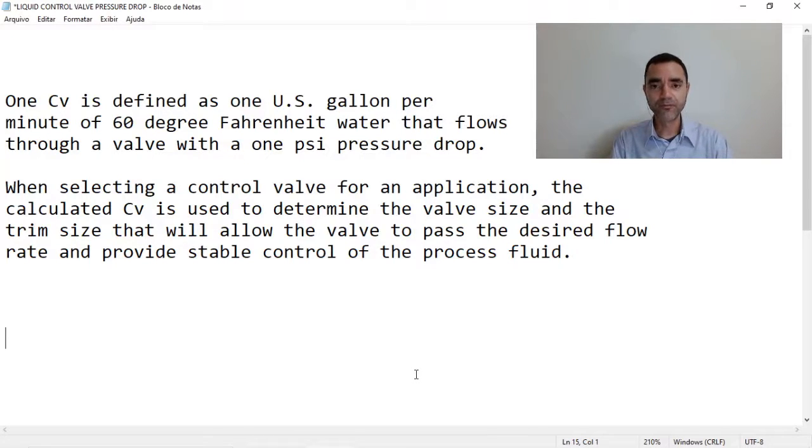As I told you, the main reference for selecting a control valve is the CV. But what is CV? Technically speaking, CV is defined as 1 US gallon per minute of 60 degree Fahrenheit water that flows through a valve with a 1 psi pressure drop. In normal terms, it means that CV is related to the flow of a fluid through an orifice at a specific pressure drop. So based on that, there are equations to define the CV based on the liquid's definition,